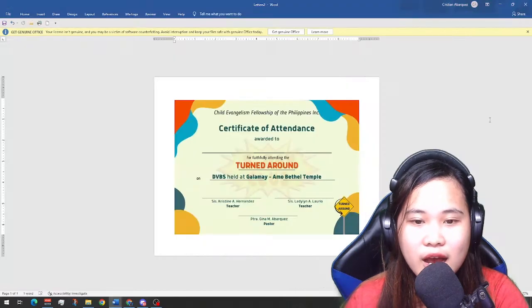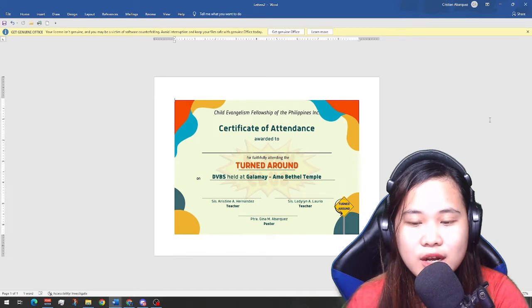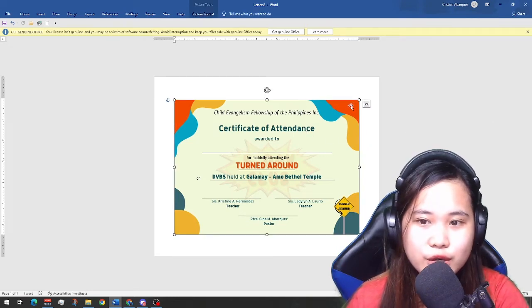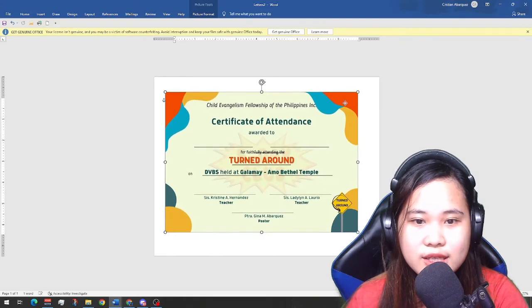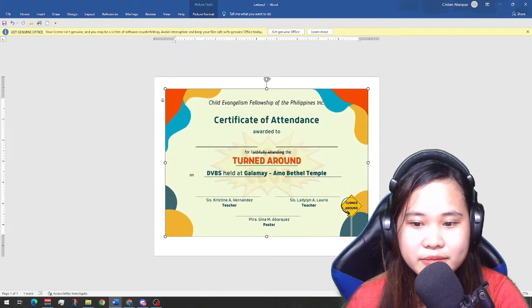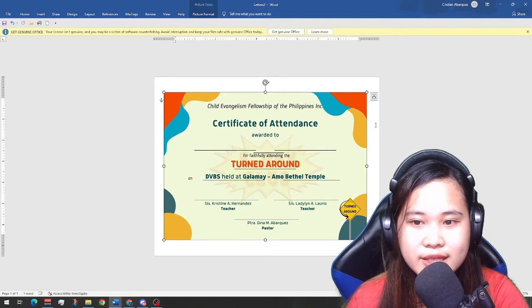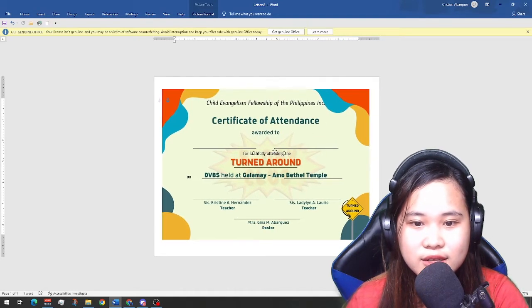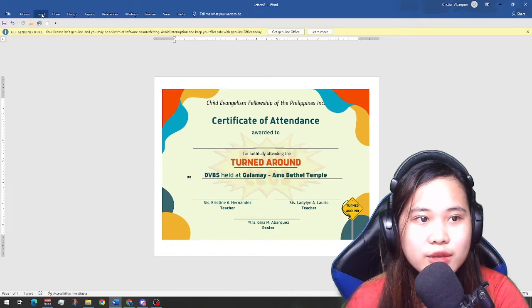And then after closing the Excel program, all you have to do is to put your design to the Word document, the design of your certificate. Resize it into your desired size. Alright, so after that, all we have to do is to insert